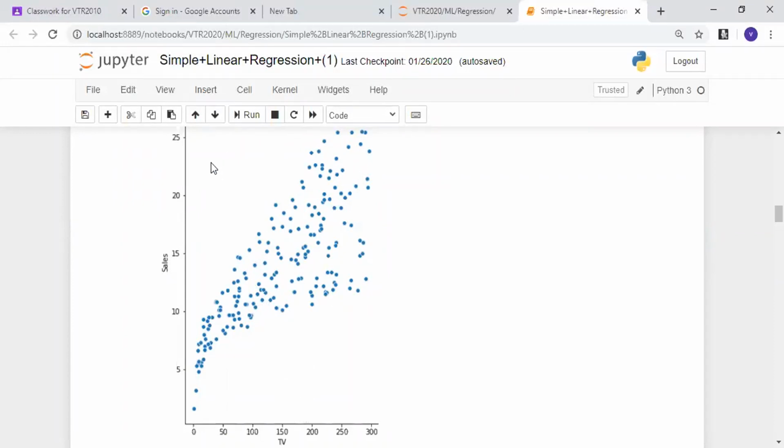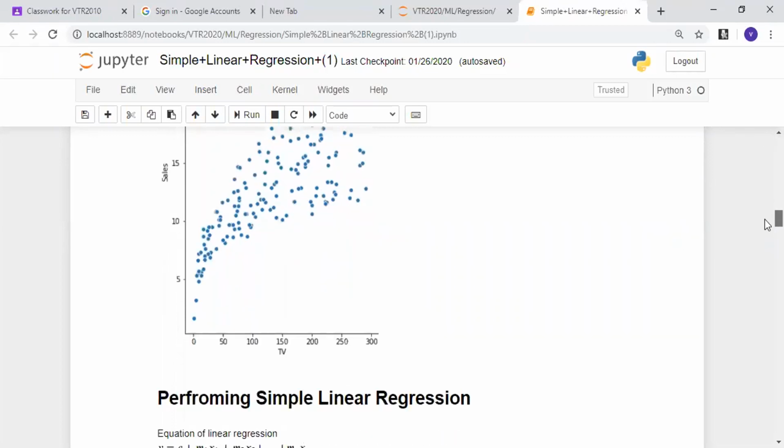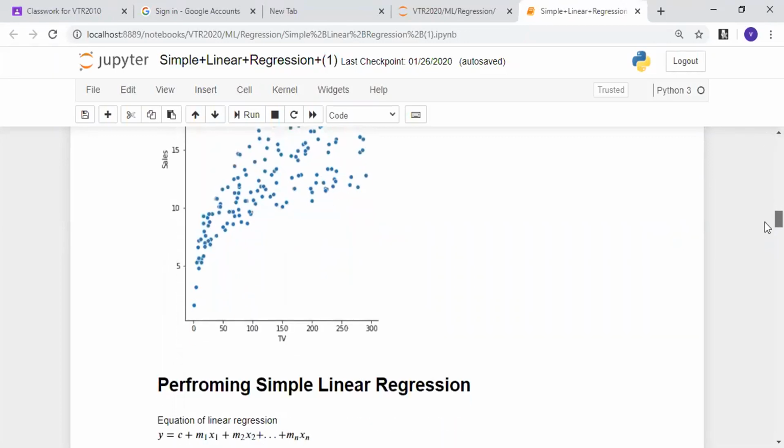If the data was completely scattered all over, rather than following a trend like this, with the scatter everywhere, then I can say no, we can't build any machine learning model, because the dependent variable and independent variable do not relate at all. In that case, please don't use a machine learning model. See for the features which have a relationship. In this case, I can understand the sales and the TV are actually related to each other. So I can say yes, now I can perform the linear regression model.